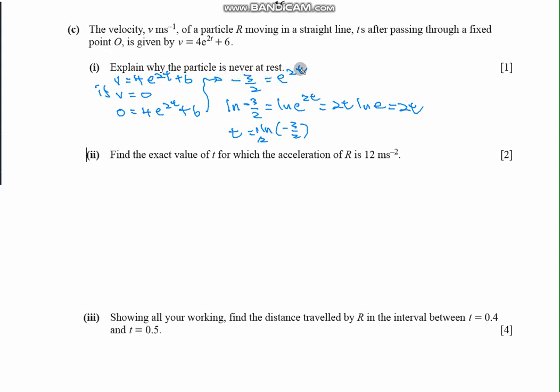Okay, now let's answer the first question. Explain why the particle is never at rest. If it is at rest, v equals 0, so you put v equal to 0 and make t the subject. You get half ln of minus 3 over 2, but the value ln of minus 3 over 2, or minus 1.5, doesn't exist. There's no such thing as, for example, ln of a negative value. So from here this doesn't exist, therefore